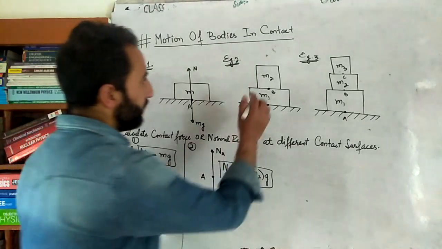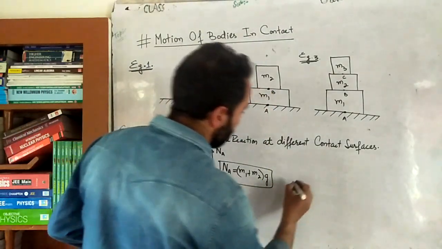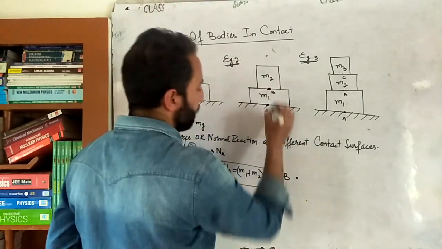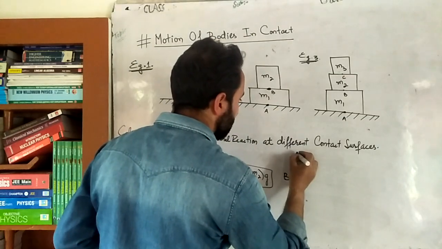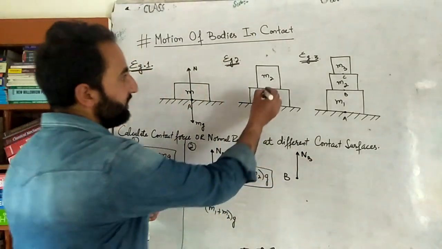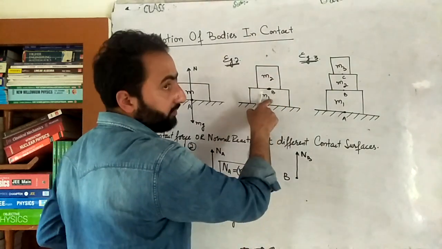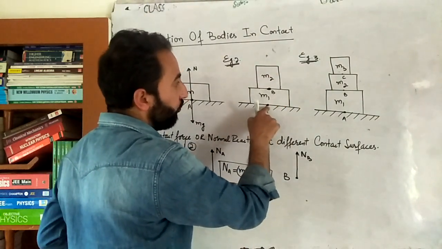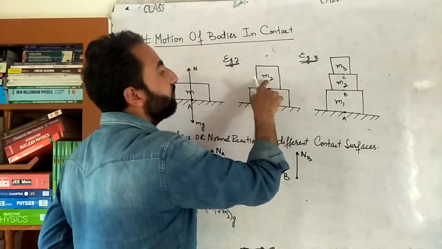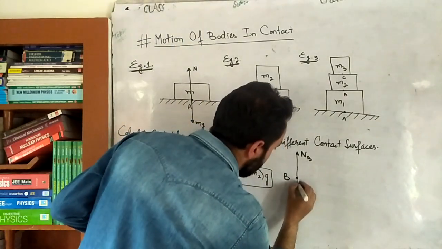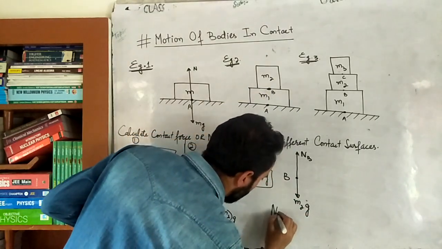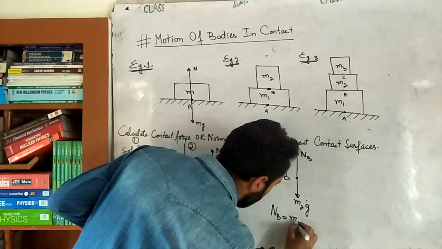Okay. Now at the point B, this is point B. At point B, there is a normal reaction in the upward direction, that's NB, and B stands for the point B. At the point B, there is weight only because of M2, not because of M1. At point A, there is force because of M1g as well as because of M2g. But at the point B, there is a force only because of M2. So in the downward direction, there is a force equal to M2 multiplied by g, which implies that the normal reaction at point B is simply equal to m2 multiplied by g.